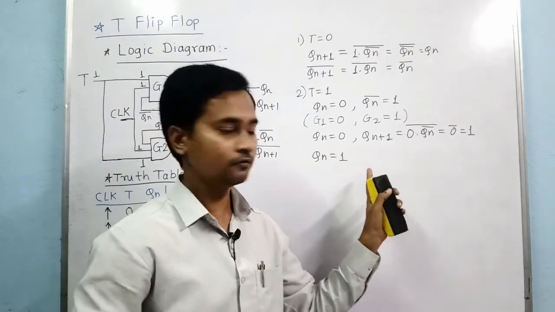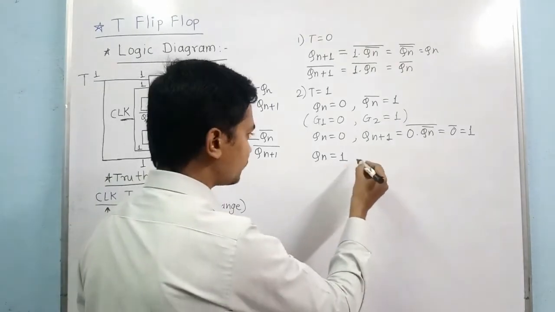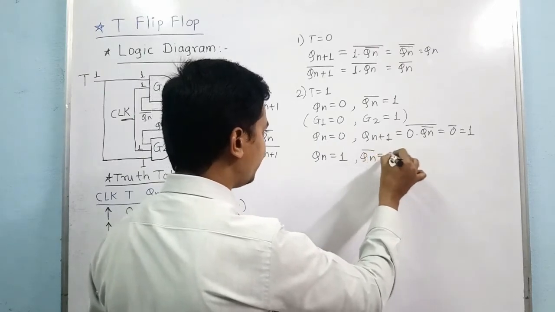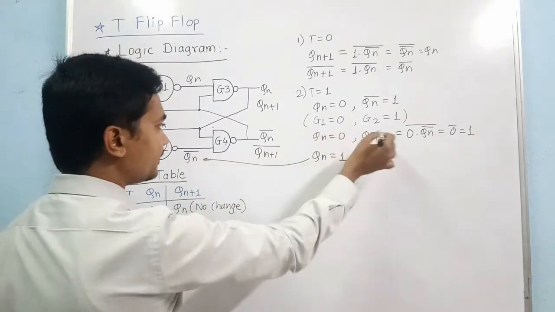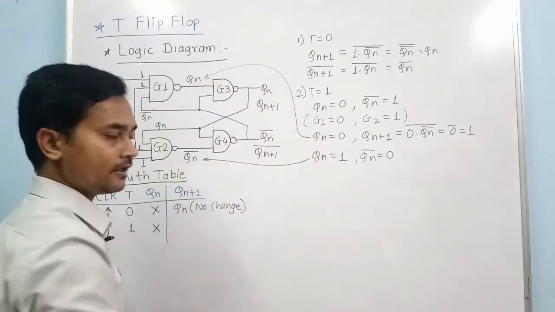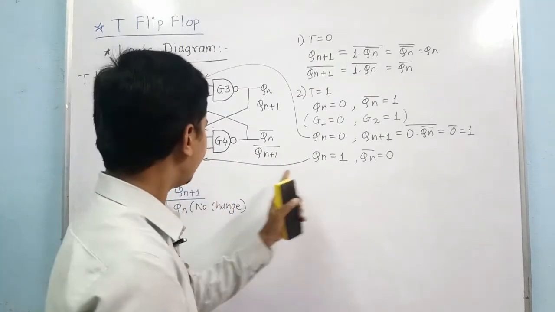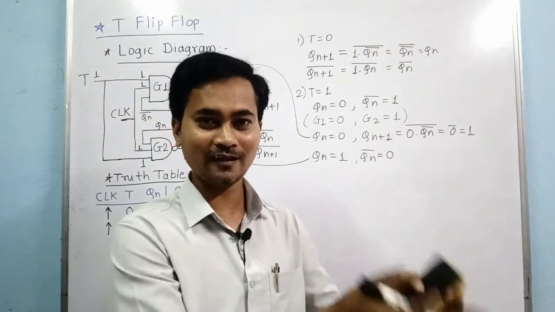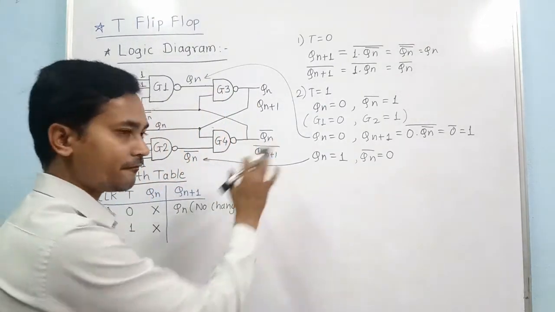So that's why we will come to the G2 part. If Qn equal to 1, then Qn bar will be 0. I am talking about this part, and for the earlier line I took the G1 path. For this statement I am considering the G2 and G4 path, because if any input of a NAND gate is 0, then I can directly write the output, that is hard coded 1, and that's why it becomes easier for us to obtain the hard coded value.